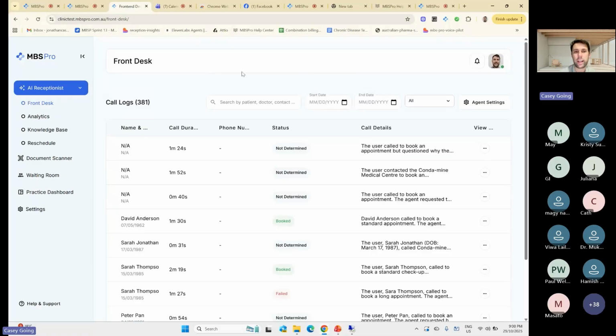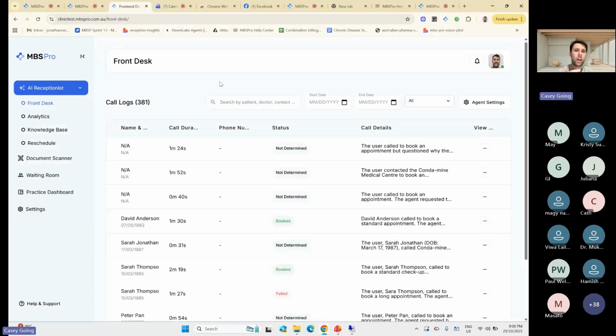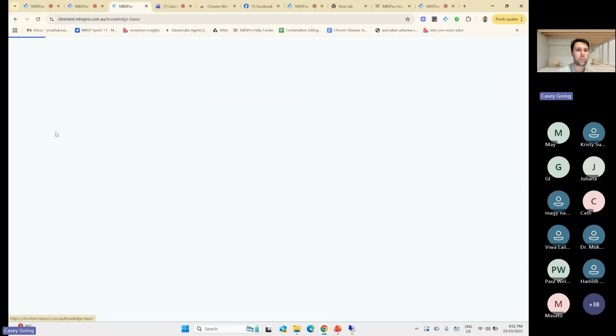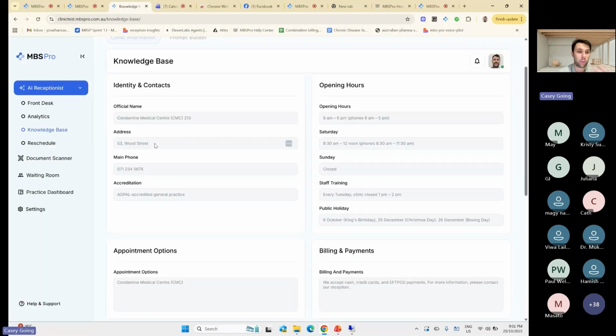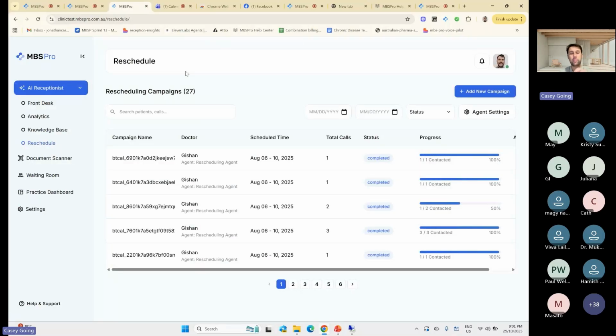The way that we've separated it out is it works on inbound and outbound. Inbound is when people call your clinic. It can talk to a virtual receptionist, so patients have to wait in the queue and book them in. You can have a look at the transcript about what exactly was said, to ensure that the AI, just like your human receptionists, is providing a good service. We've got analytics of when your calls come in. We've got a knowledge base that you fill out based on your own clinic. And then the exciting thing that I really want to get to is our campaigns, or outbound.